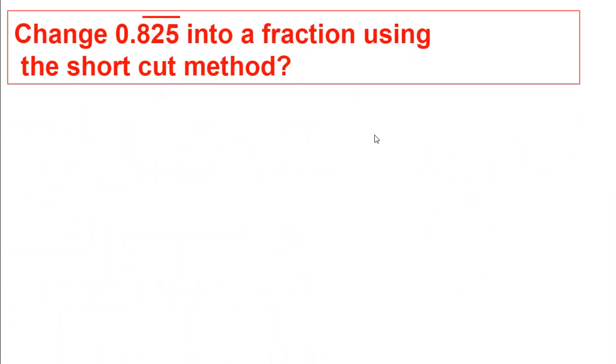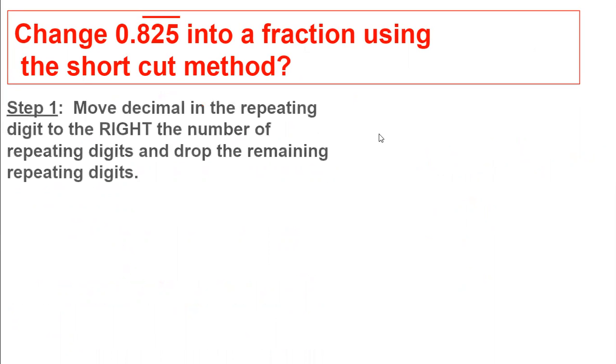So let's try the shortcut method to change 0.825 repeating into a fraction. Step 1, move your decimal to the right on the repeating decimal the number of repeating digits that you have, and drop the remaining repeating digits. So we have 3 repeating digits, right? The bar here is over 8, 2, and 5. So that means our number is